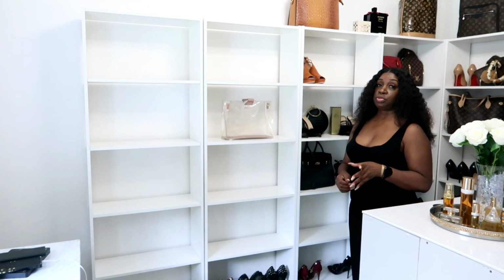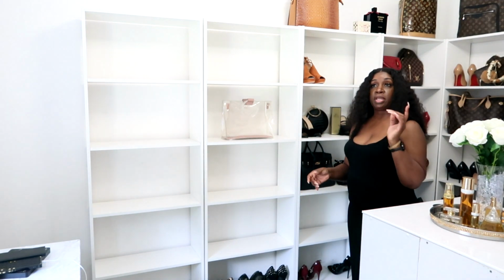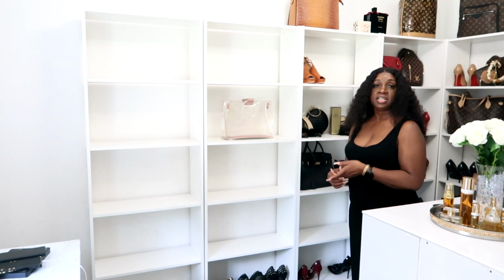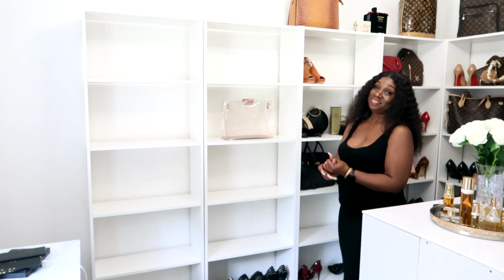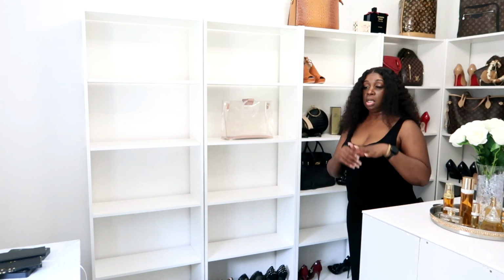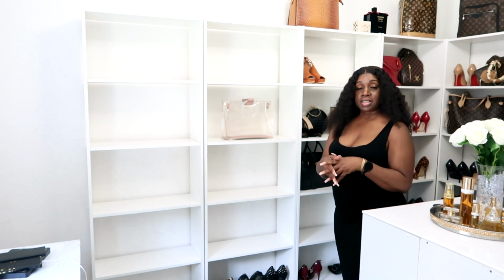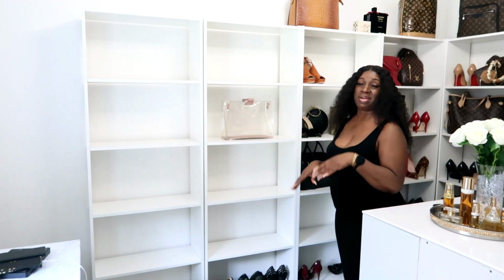So as you see, we're going to finish putting the shoes up, and then I'm going to give you a 360 room tour. It's not much to show, just a bunch of shoes and the island. The island is not going to be complete because I don't know what I want to put in these shelves here as of yet. That's neither here nor there. So let's get started. I'm going to cut and come back when the shoes are up. I'm not going to film all of